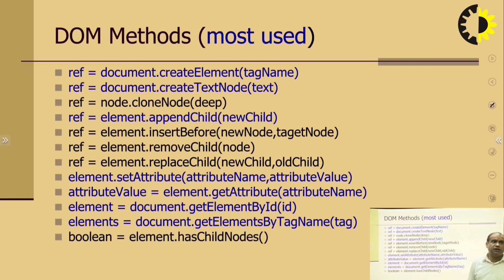document. Next, what DOM methods are mostly used? First we have to define ref: document.createElement with tag name, ref document.createTextNode with text. By this way we have to define the DOM methods. Mostly you will have used either this or this, most of you, and this also. These are what I have written here, mostly used